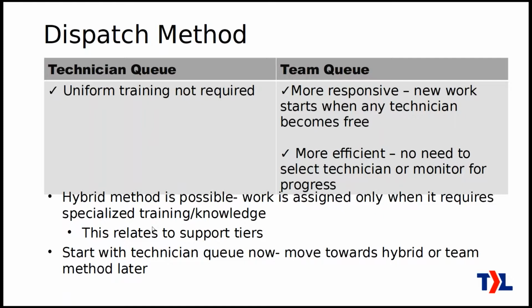It could be that the technician queue is already kind of similar to what you're doing, and in fact it probably is similar to what you're doing if you're doing the Tetris method, the paint your day green sort of dispatch method, because then you are already assigning work to members. So the only difference that we're going to do, and I'll explain more about how we do this in just a minute, is that you're already assigning that work to the members. All you're going to do is manage it with a Kanban board, not in the calendar. So that would be a natural thing to do if you're already doing the calendar mode.